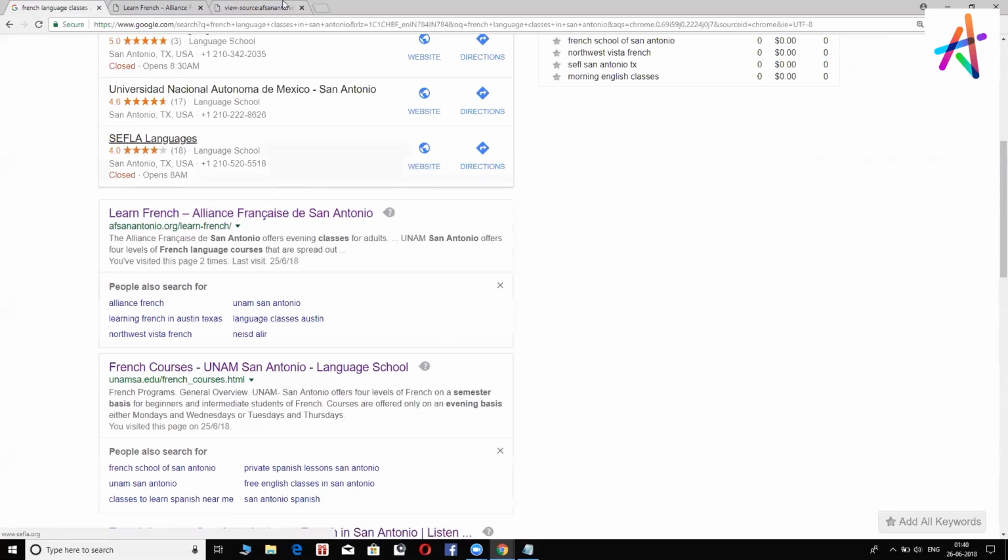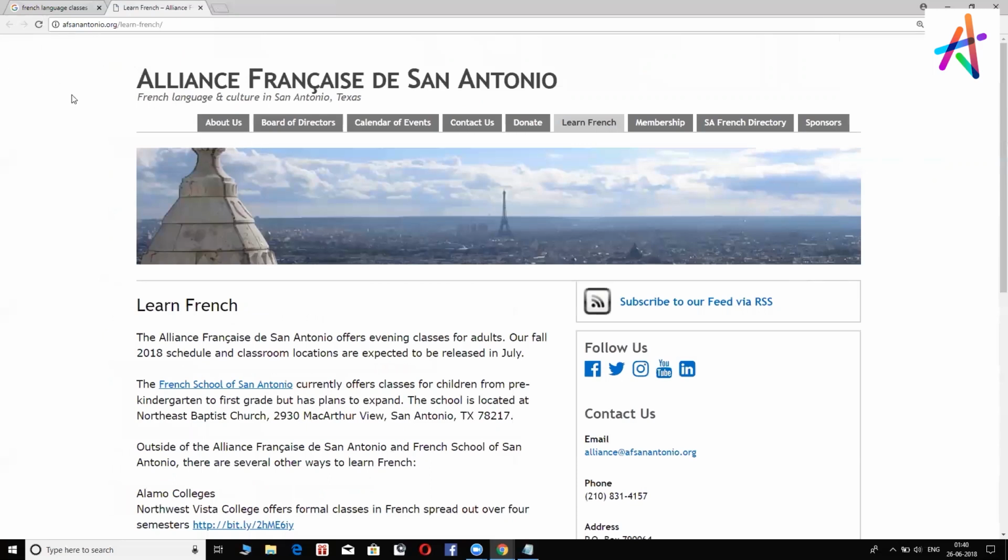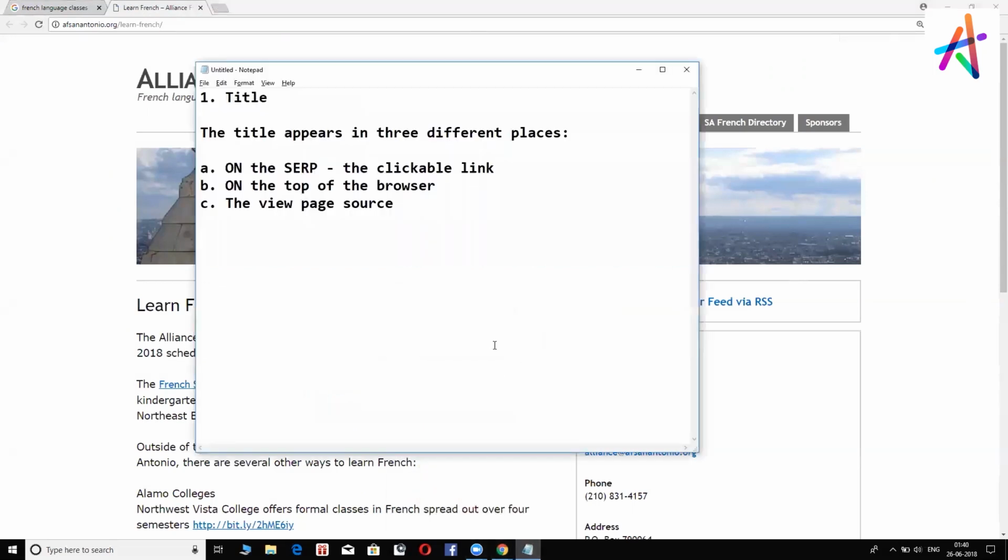Okay, so why is this important? Like I told you, the Google crawler is going to come to your website, and the first thing it's going to do is look at the top left-hand corner. It's going to look at your title right at the outset. The first thing that it sees is the title. So what do we do about it? It's very simple. All we need to do is begin your title